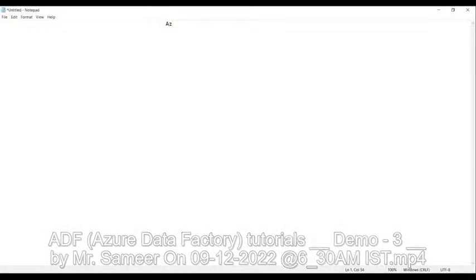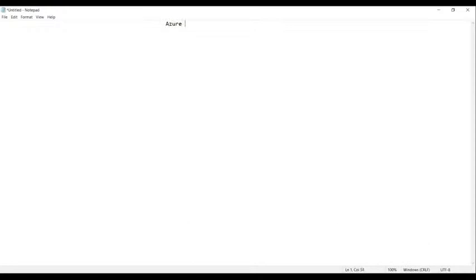Okay, guys. So let's start with Azure Data Factory. Now tell me, everyone, what is Azure Data Factory? It is a service, basically, guys. This is not a software service. It is a service provided by Microsoft to perform the job of ETL. So what do you mean by ETL? To perform the job of ETL, the service called Azure Data Factory is provided by Microsoft.